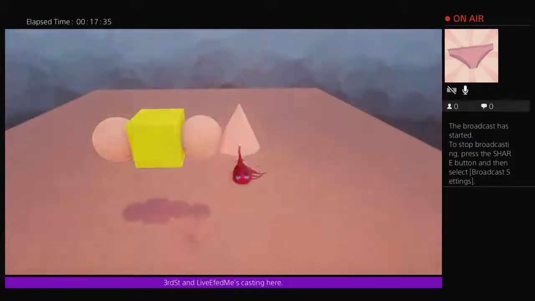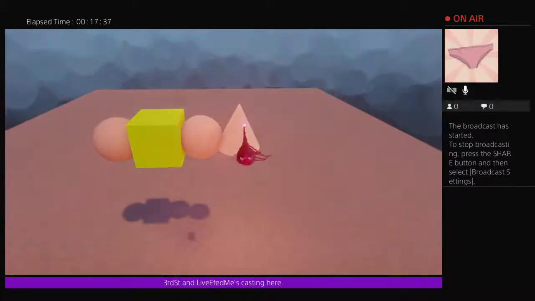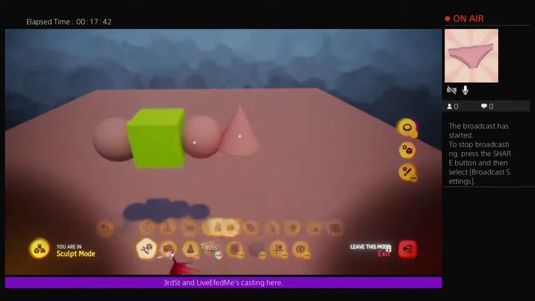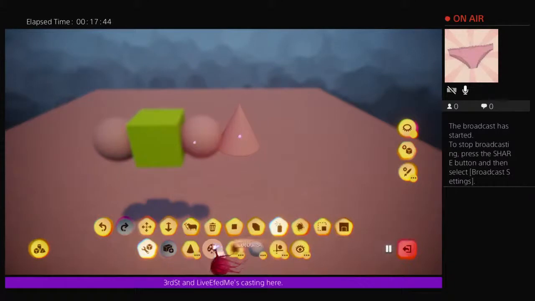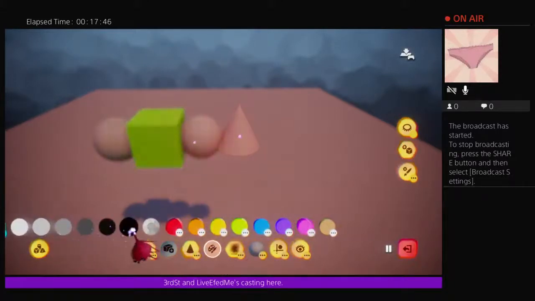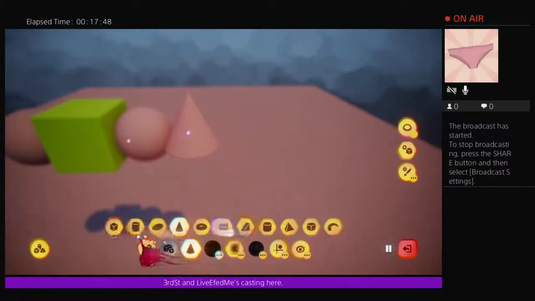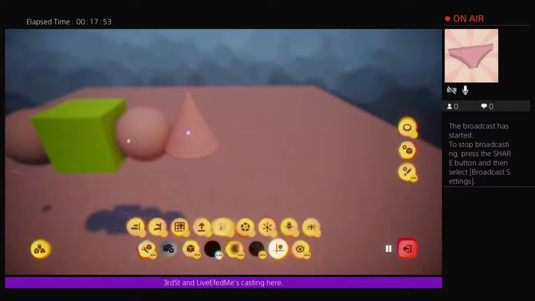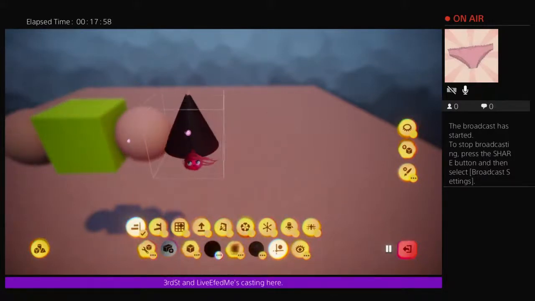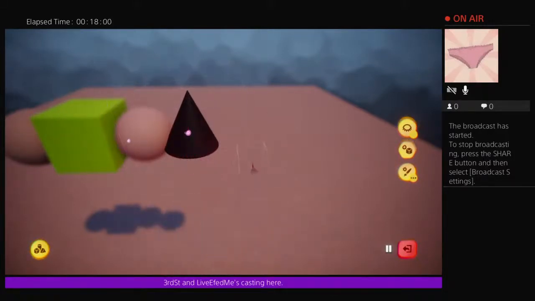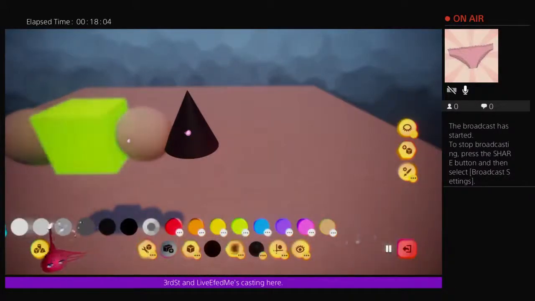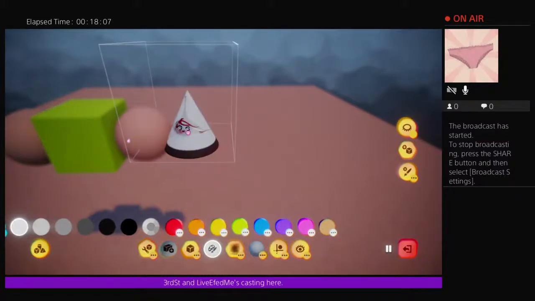Now, if it's still too bright and you don't care about the color, if you come into the object, we'll choose the paint tool. I'm going to go black, just to start with. Square. Now we want to go to the snap to surface. Boom, black. The cone is now black. But I want to show you how it works. So I'm going to go white. If I go to the tip,